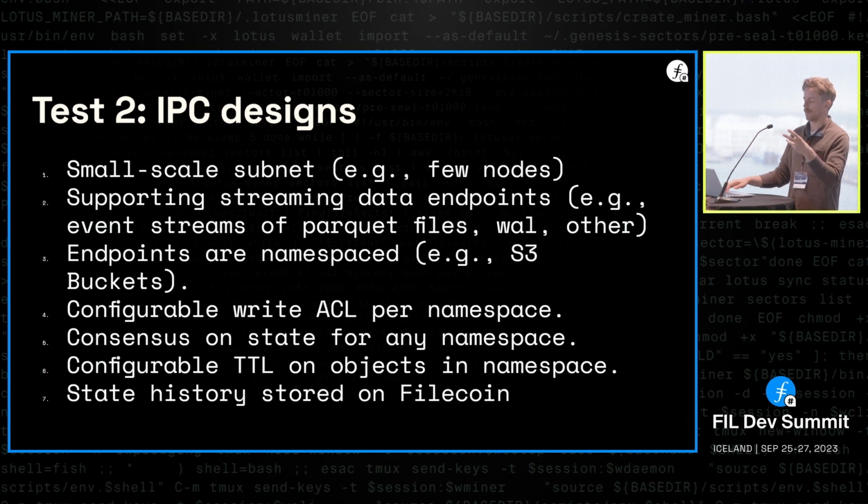And then keeping that idea of the ACL per namespace. So doing something like full smart contracts directly in this subnet that then people can define the access control rules for their namespace.